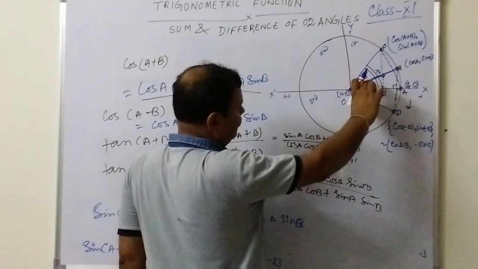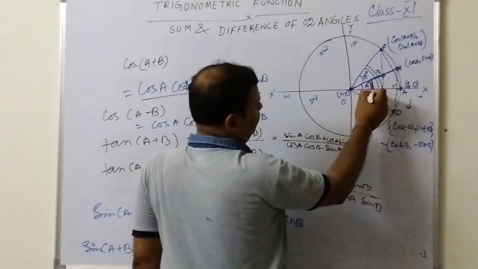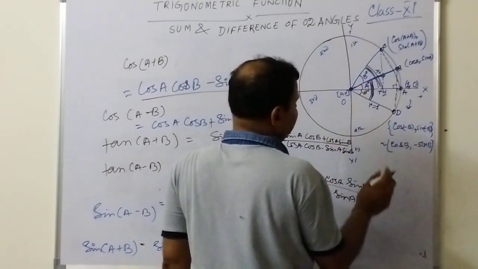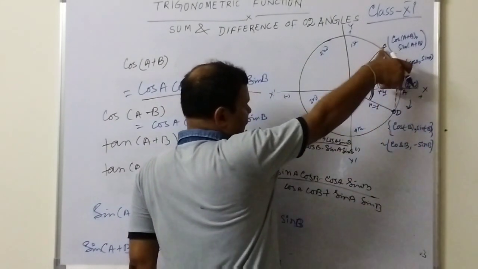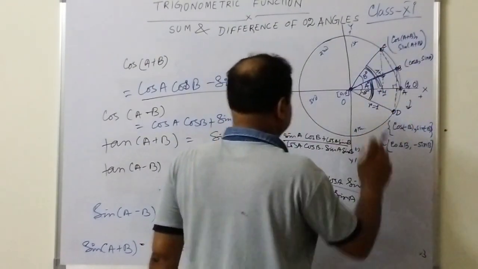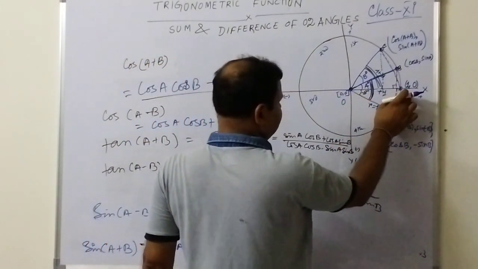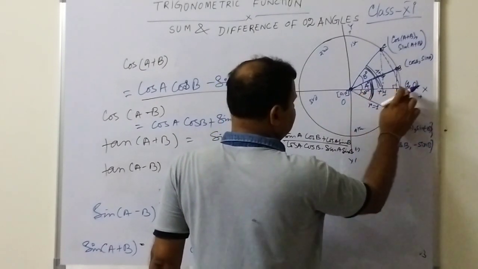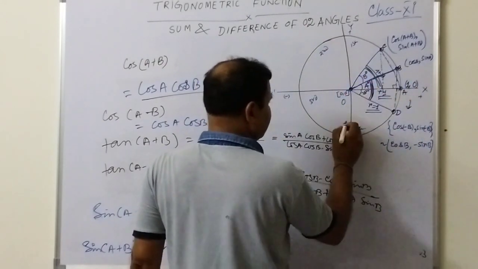And if it is negative also, this angle is A plus B, the same. What does it mean actually? The arc length of this one and that one is the same. AC equals BD, and that is the only one. And this is the x-axis. The point A has coordinates 1 and 0, because this is the unit circle. We have drawn this one, the unit circle.